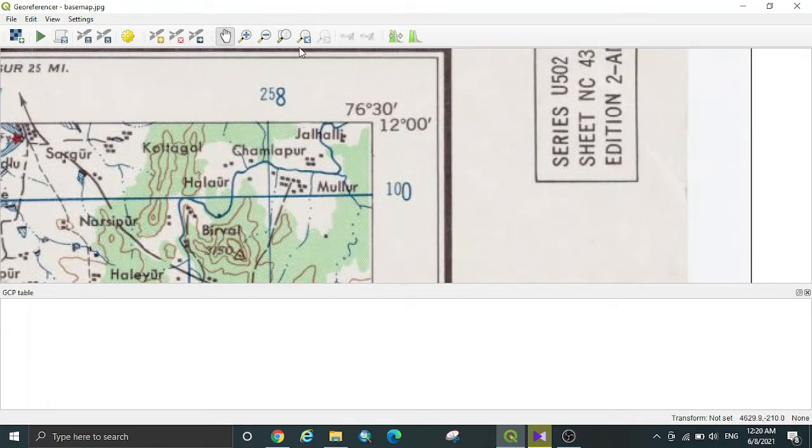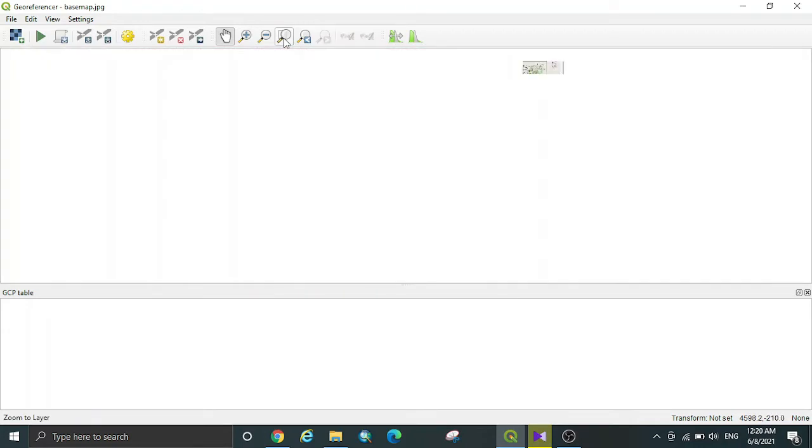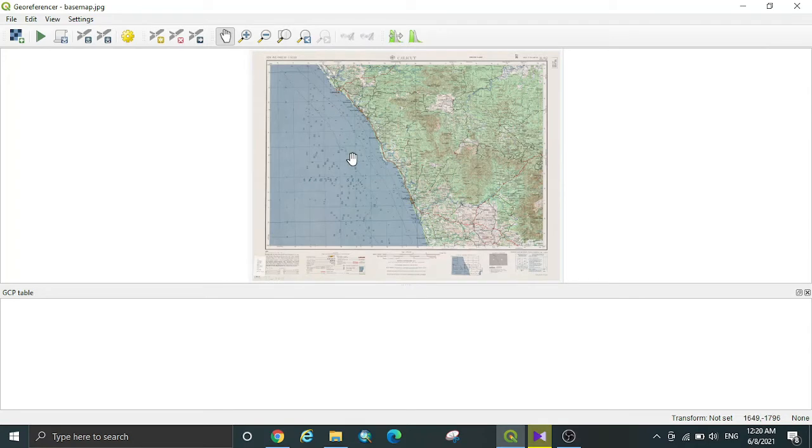Click on the Zoom to Layer tool to see the entire topo sheet. As we see, the latitude and longitude of the corners are marked. Now we are going to use these coordinates to georeference the topo sheet. Usually georeferencing starts from the top left corner of the topo sheet.